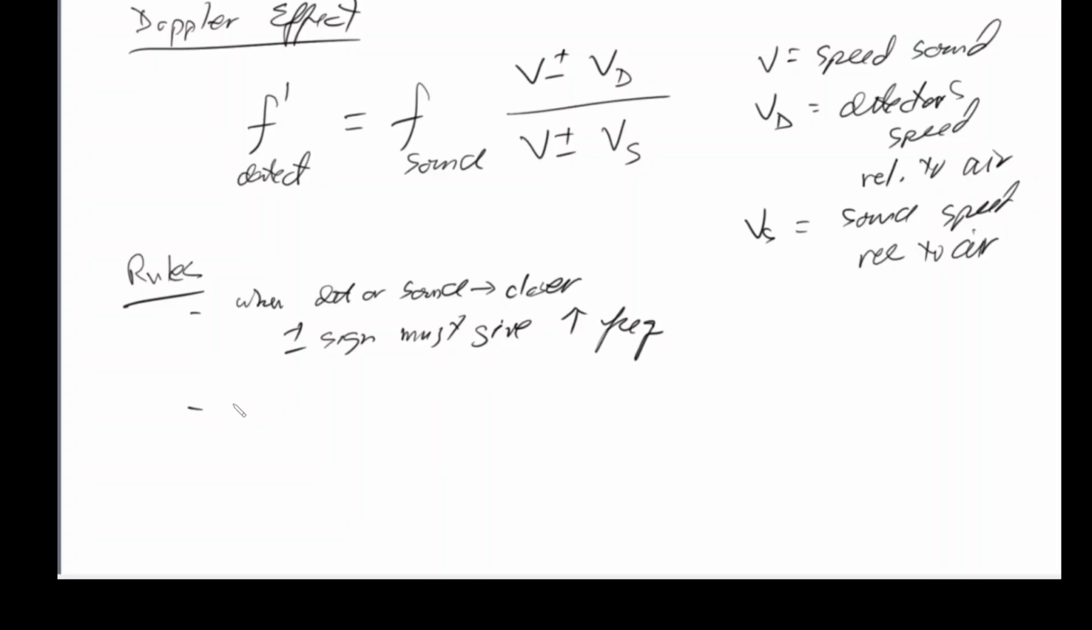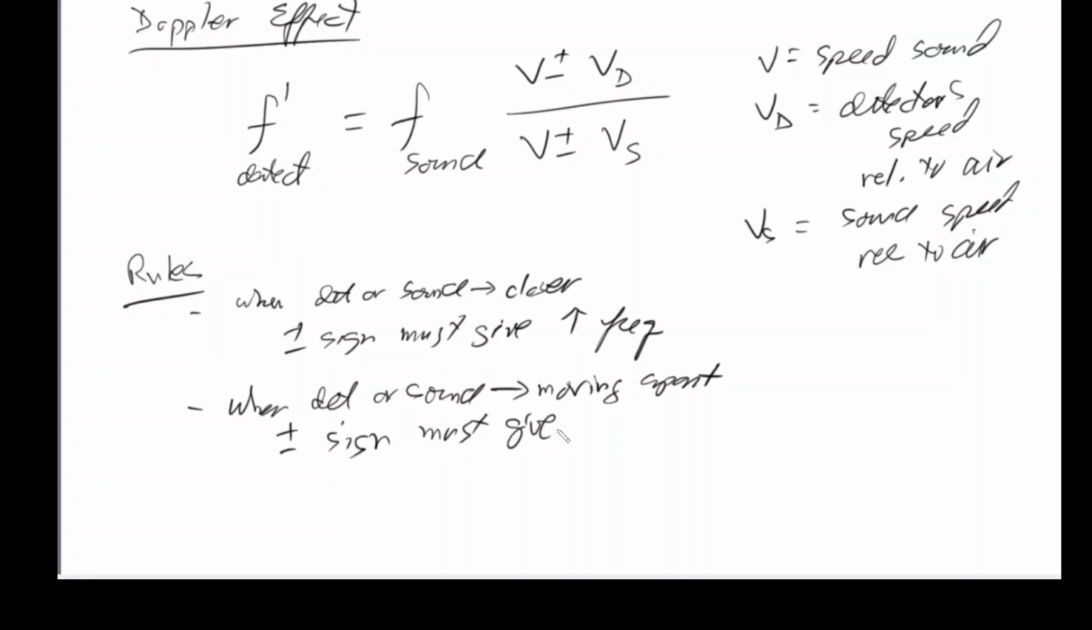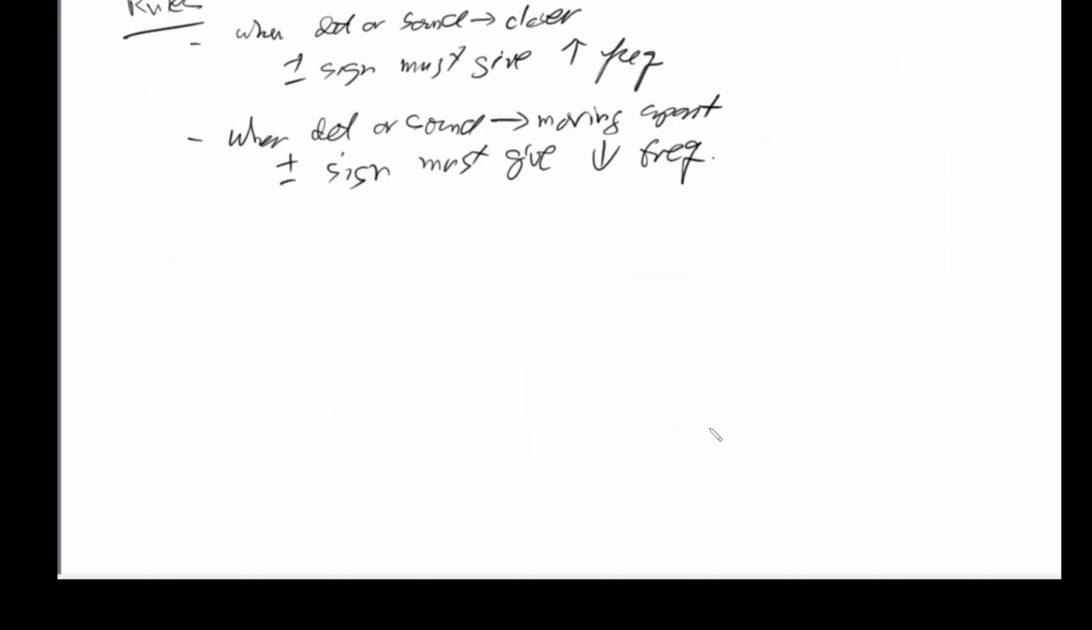And the other rule is when the detector or source is getting farther away or moving apart, then the plus or minus sign must be used to give a decrease in the frequency. And we can give some examples of this. So examples of this are,